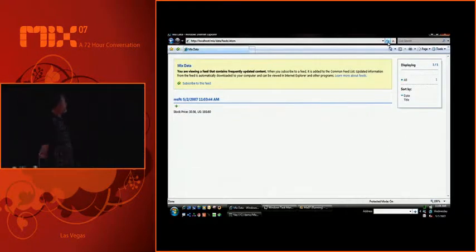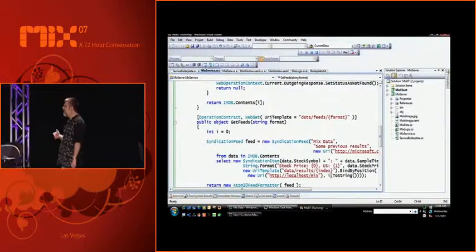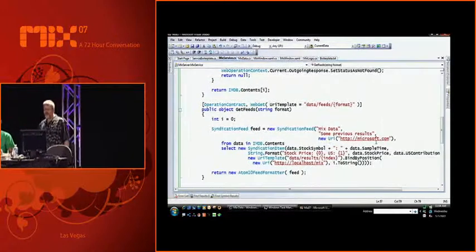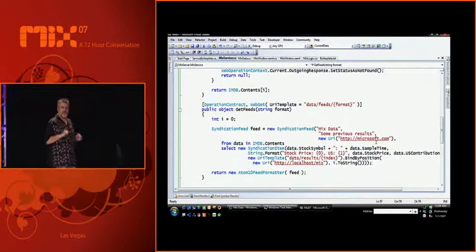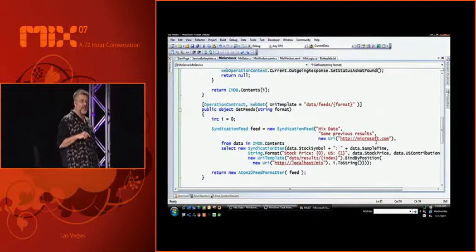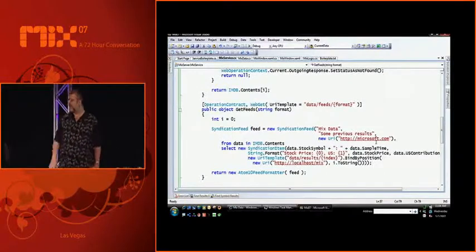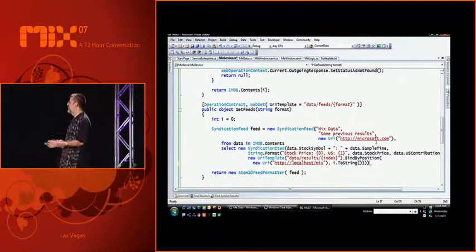Now, this is great. However, what about our client app that we wrote a few minutes ago, the thing that was in Avalon? We've spent this time doing formats that are known by the web so we can get them in a web browser. But in our client, remember before when we did that get current data and we visualized it in the Avalon app? I wanted all the subordinate pieces of data, and I wanted to get to them pretty efficiently so I could easily data bind to them in my app. I didn't want to have to go spelunking through a bunch of string parsing, which is what I had to do originally, which was the very first chunk of code I wrote.